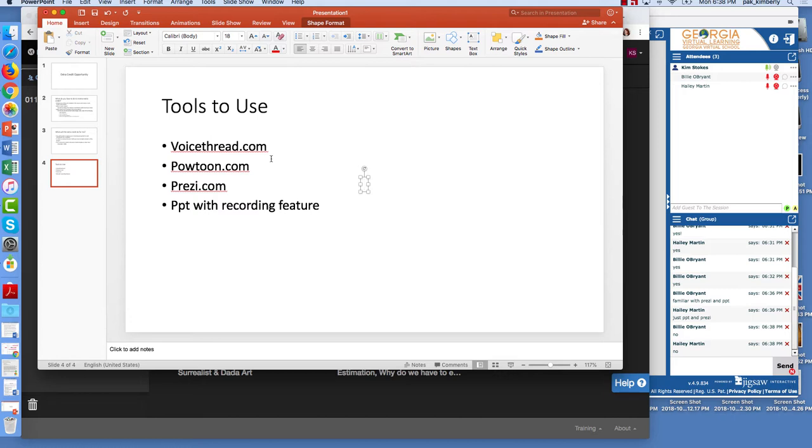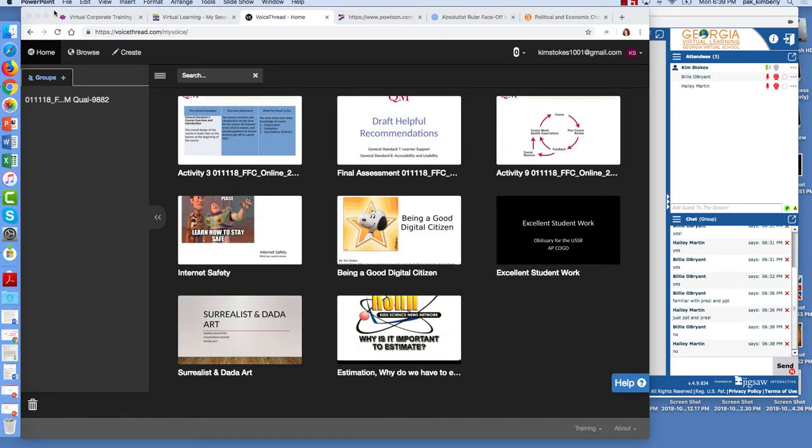I would suggest just making an email up in Gmail or something like that to use to gain access to VoiceThread. It's a free tool. You don't have to pay anything to use it. But of course, the number of VoiceThreads you can create is limited because it's the free account. Okay, so voicethread.com.